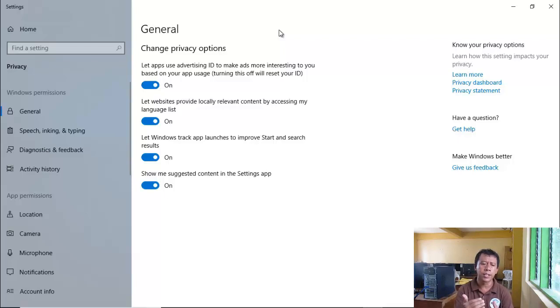Whether we want to turn some of these options on or off, it's up to us, but we have these options.